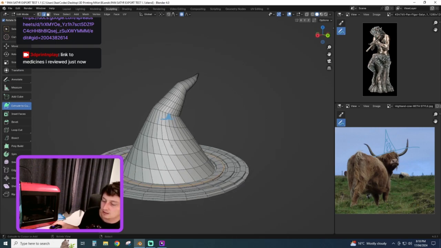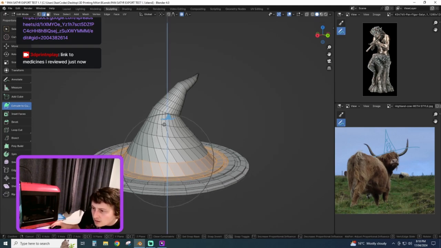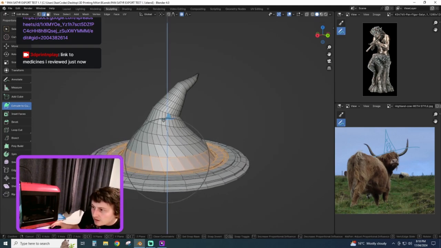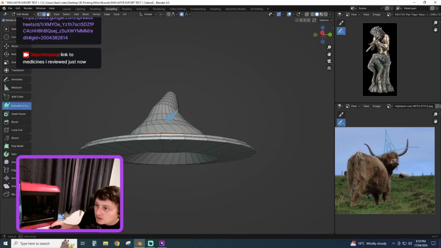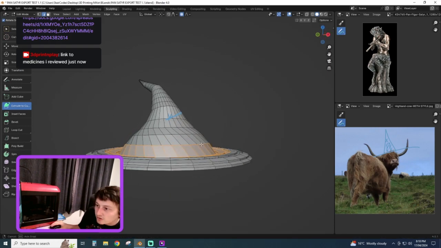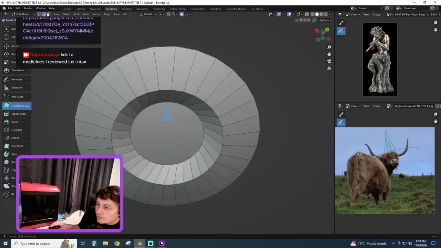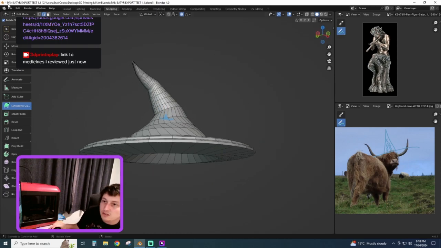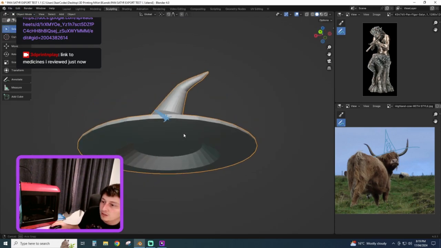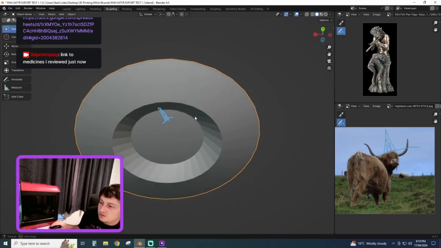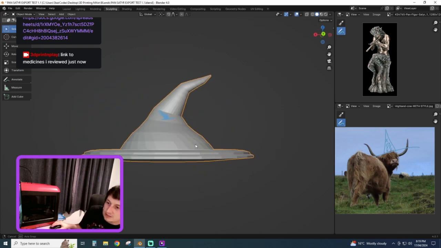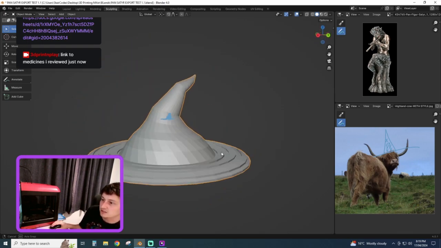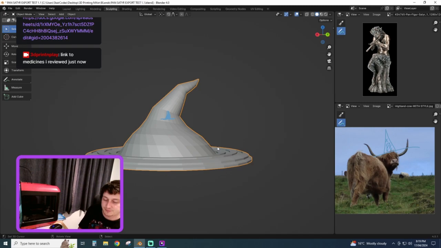But I would go like this for a second, just get myself access to a bit of this, GZ. Because part of the problem here is I don't want this to get too thin, so I want it to be somewhat in the middle there. And I think that's added that strength to it that I needed, and width to it, so that I can add a little boolean on the bottom and not be too worried, because that's really where I'm at, is I want to be able to get this to print without anything more than a raft.